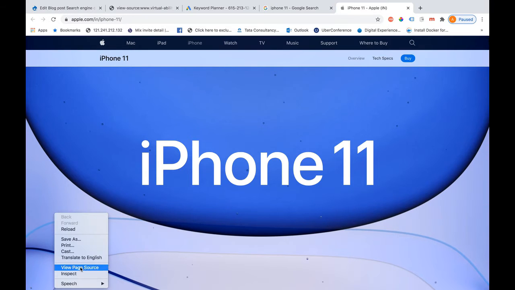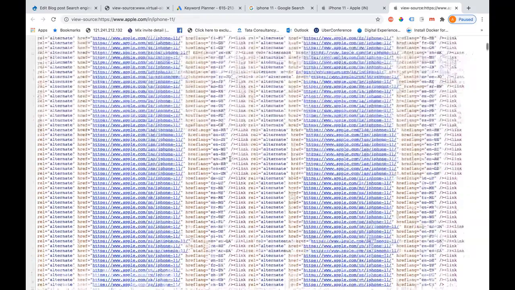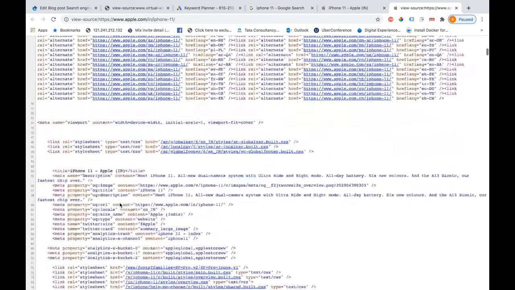So if you do the view source here, so if you go down, you can see the title is used with the keyword iPhone 11, okay. So based on the keyword which the end user is searching over the internet, the search engine searches its database for the certain keywords being used in the website or any digital asset.